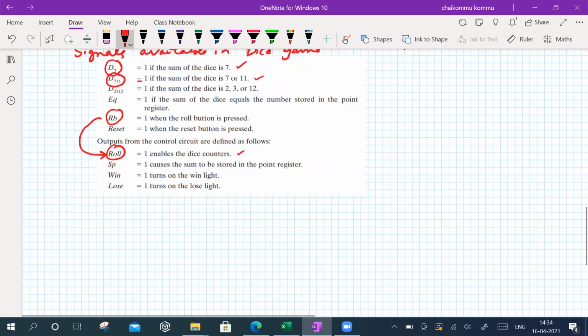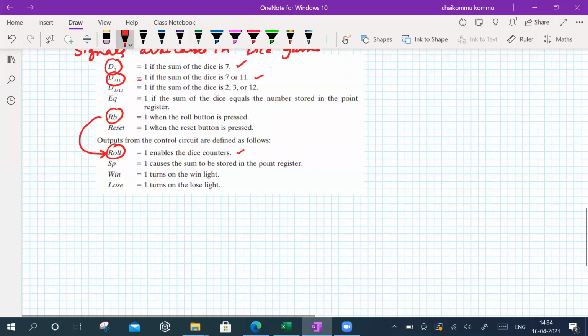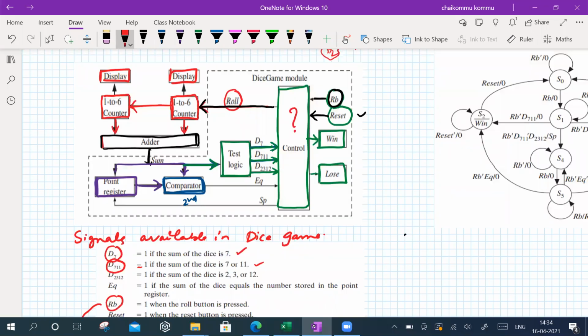First and foremost, it's very important to note how we generate the control signals of the dice game. ఓకే అంటే ఇప్పుడు ఎప్పుడు యాడ్, ఎప్పుడు కౌంట్ అనేది స్టార్ట్ అవ్వాలి, ఎప్పుడు ఎడిషన్ జరగాలి, హౌ వెన్ ద పాయింట్ ద రిజల్ట్ విల్ బి స్టోర్డ్ ఇన్ ఎ పాయింటర్, వెన్ ఇట్ హ్యాస్ టు కంపేర్ ద థింగ్స్. All this information will be synchronized or can be controlled by the control unit, right? So the designing of the control unit is very, very important.